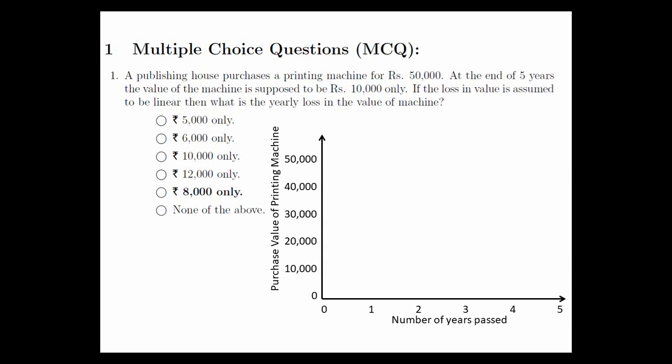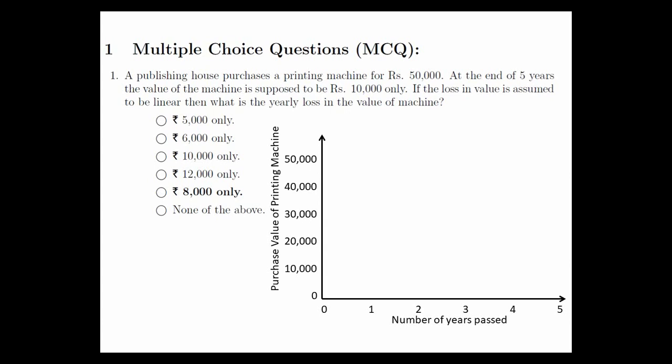The x-axis represents the independent variable and it ranges from 0, 1, 2 up to 5. On the other hand, the dependent variable is demonstrated on the y-axis. It has a range which starts from 50,000, which was the initial value, and after 5 years it is reduced to 10,000 rupees.